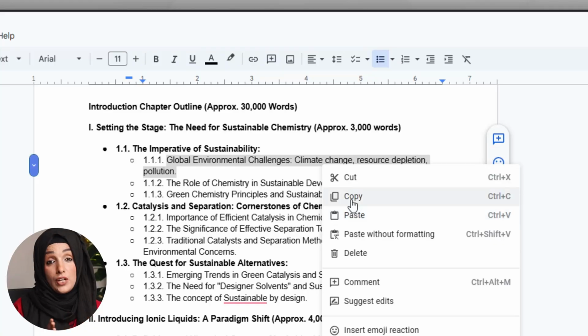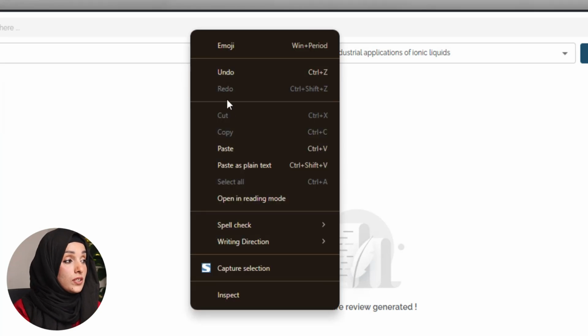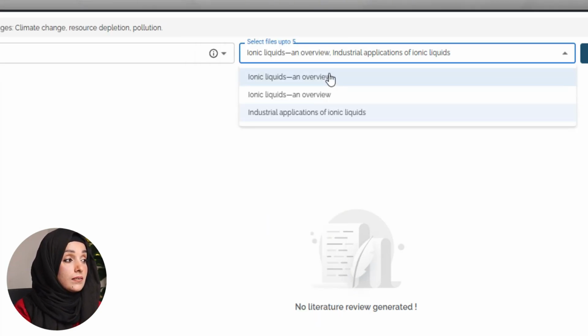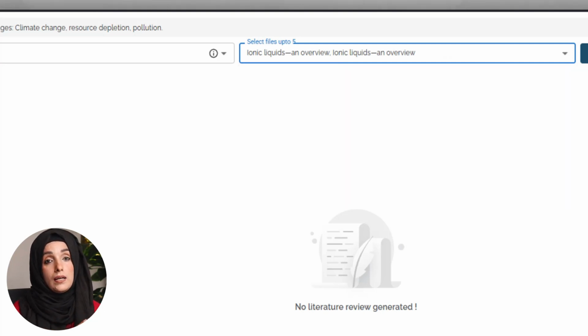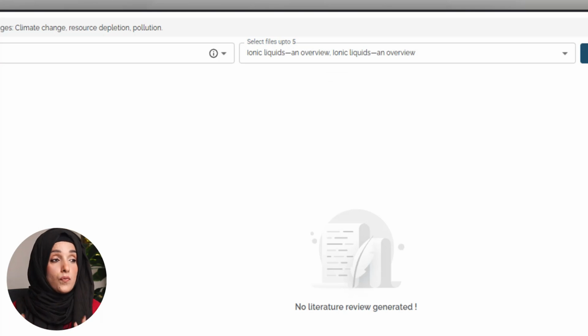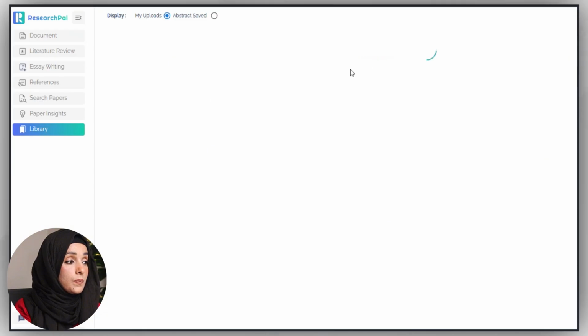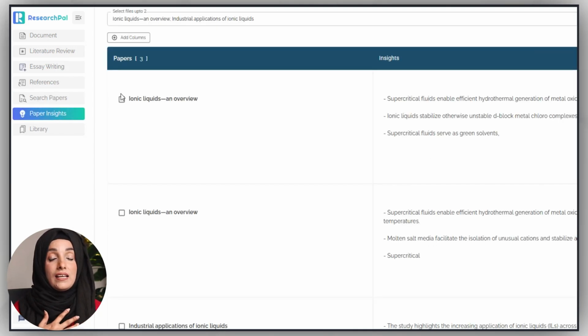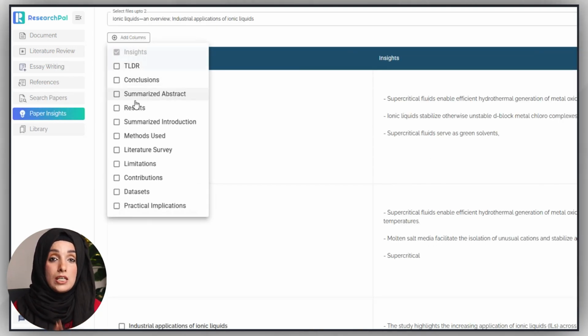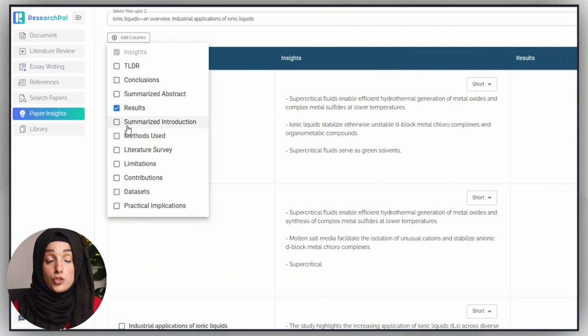This is the point where I have to spend maximum time on the literature, and for that purpose I can even use its chat with PDF or paper insight feature, where I can see the insight of each paper just by bringing all the information in the form of columns, and I can add columns according to my requirement. I can keep this in a comparative table in which I can go through 5 papers at once, and I can make the comparison, and I can sort out which paper I want to keep in my writing and which paper I should exclude. Now at this point, human check is necessary.